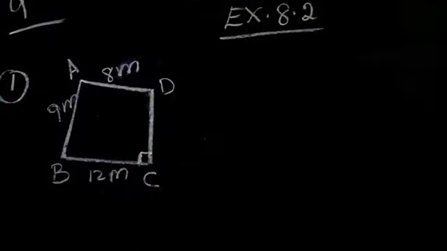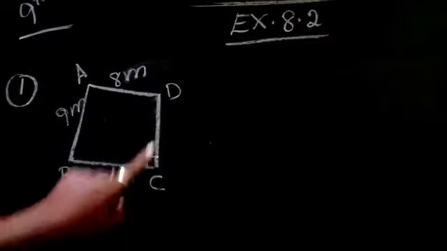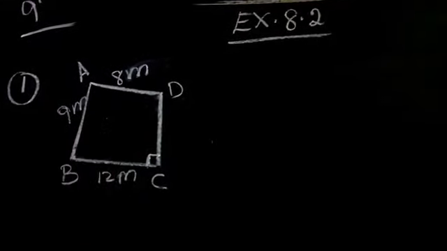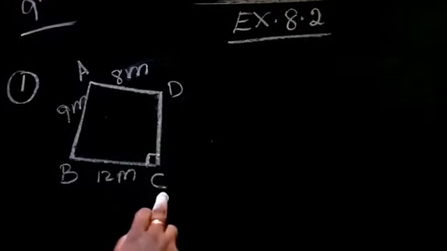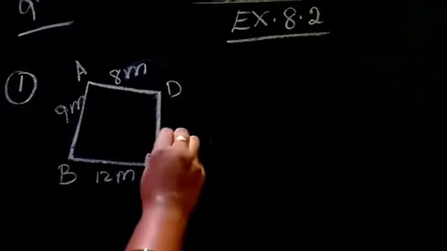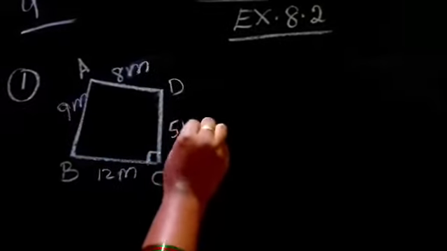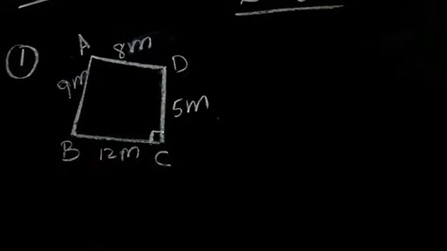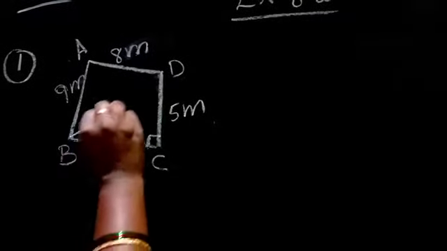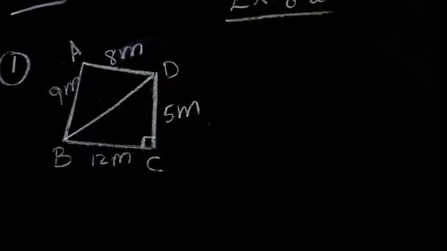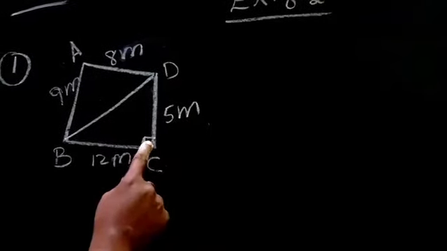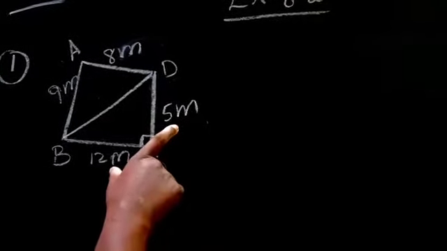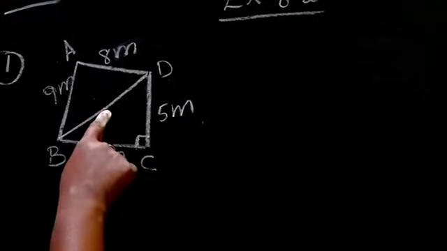As per the question, we have ABCD is a quadrilateral and angle C is 90 degrees. CD is 5 meters, AD is 8 meters, AB is 9 meters, BC is 12 meters. Then we have here BD as the diagonal. When we have a right angle and two sides, then the hypotenuse we can find very easily